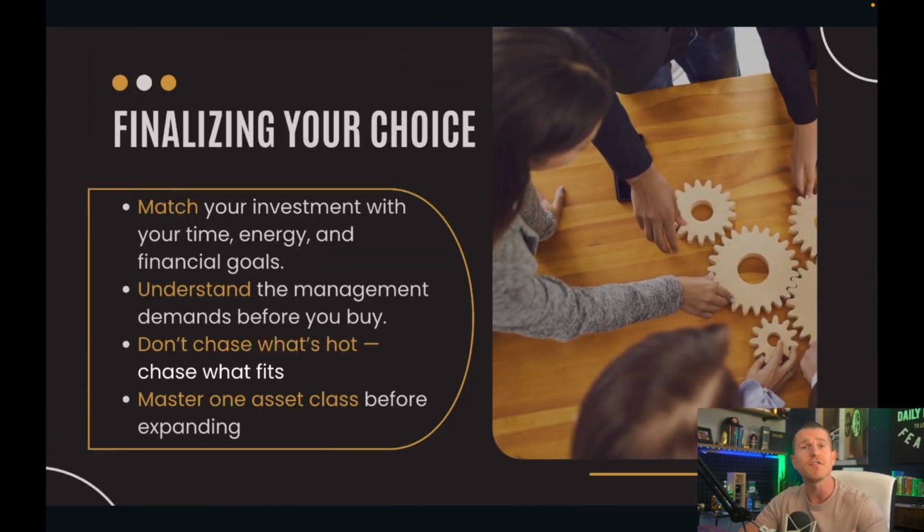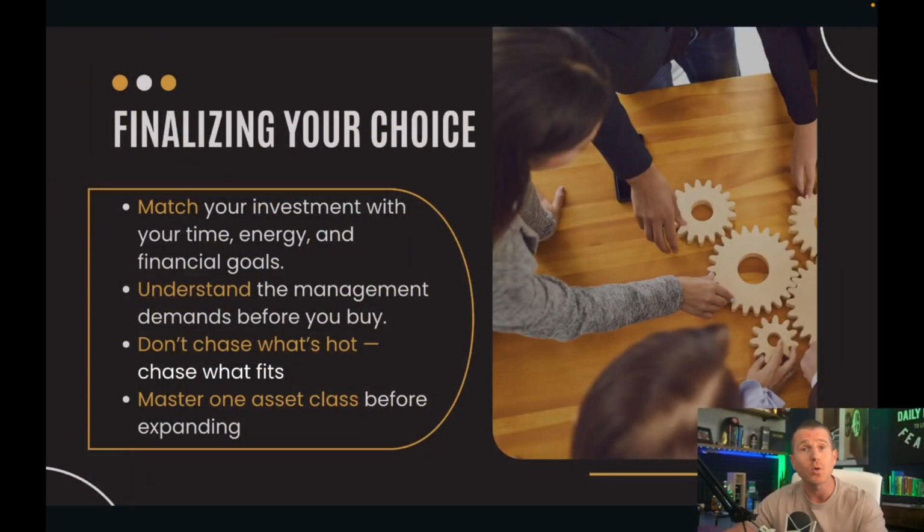So thinking about how you want to finalize your choice, all I would say is just remember that this is not set in stone, right? Just because you decide to go in on one asset class to start doesn't mean you have to stay there forever. I know a lot of people that will say go an inch wide and a mile deep. And I can also say that I have a lot of investor friends and buddies, and I have somewhat of a model as well where we own multiple asset classes and have a little bit of diversification, expertise in a handful of different asset types, and we invest and operate in a handful of different asset types. So know that there's a lot of different ways to be successful in commercial real estate.